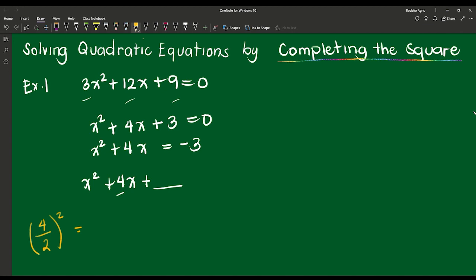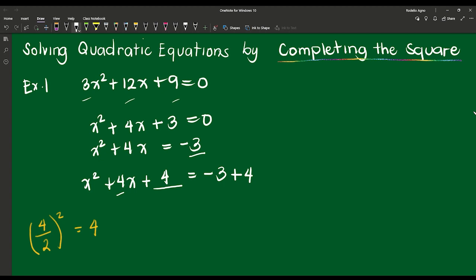Okay, so 4 divided by 2, that's 2. And then 2 squared ay magiging 4. So, ibig sabihin, ang kailangan nating ilagay dito ay 4. Yan. So, kung sa kabilang side ng equation, meron na tayong negative 3 doon, pinopya ko lang dito. Kung nagdagdag ka rito ng 4, dapat magdagdag ka rin sa kabila ng 4. Okay? So, what you add on the left side should also be added on the right side of the equation,